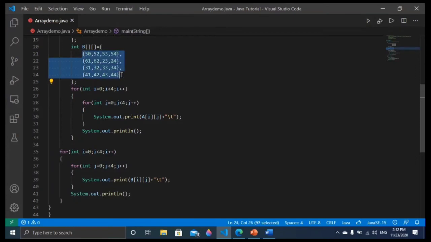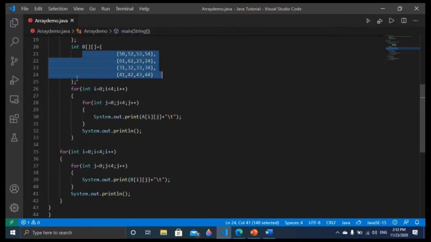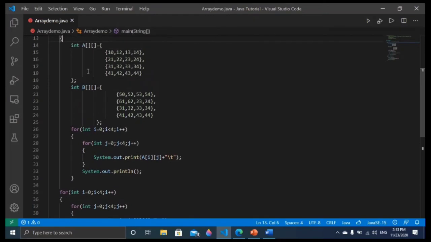Let me do something here. Now you can see that is looking much better. Okay, so it is going to be closed here, it is going to be open, right? Now that is good. Similarly, I want to do it for A also. Yes, this is much better than the previous one.